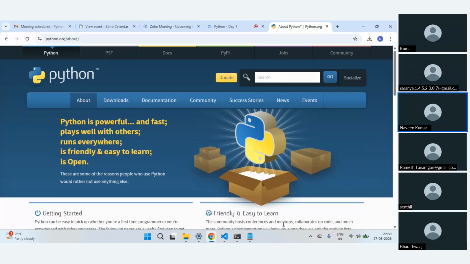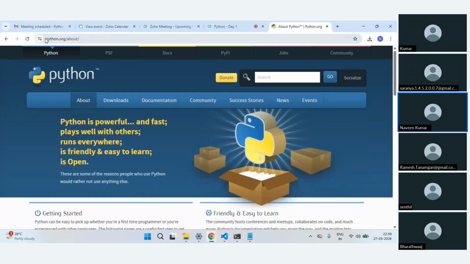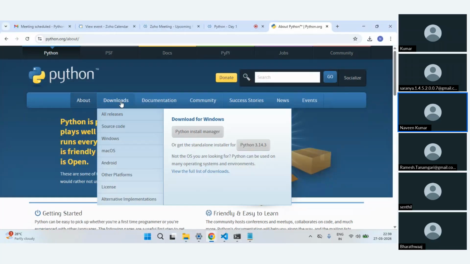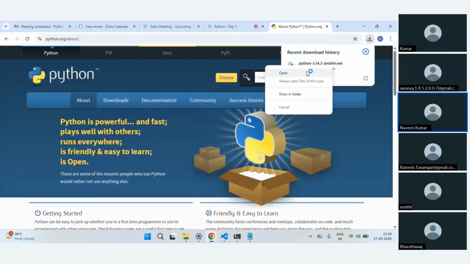My operating system is Windows, and that's what I'm going to use for the demo. The installation part is pretty simple. If you go to python.org, you can download it depending on whichever operating system you are on. For example, if I am on Windows, I can go for a standalone installer, which I already did.